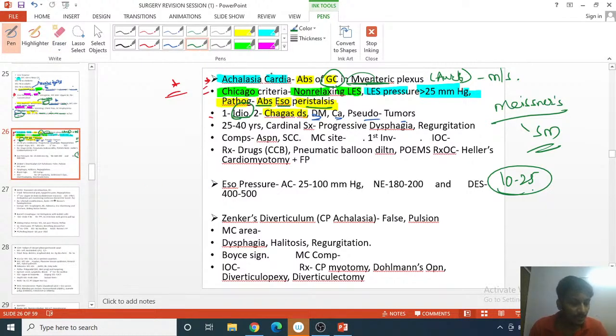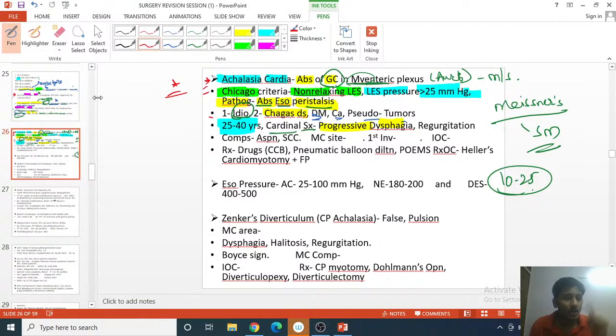More commonly, so remember, if a patient of achalasia presents, more commonly it would be in which age group? 25 to 40 years of age group, that is young adults will present with achalasia. So please remember, achalasia presents in young adults. What will be the cardinal symptoms? The important presenting symptoms would be progressive dysphagia. So dysphagia is the difficulty in swallowing which is progressive. Okay, the dysphagia keeps increasing, earlier it was less and now it is increasing, so that is known